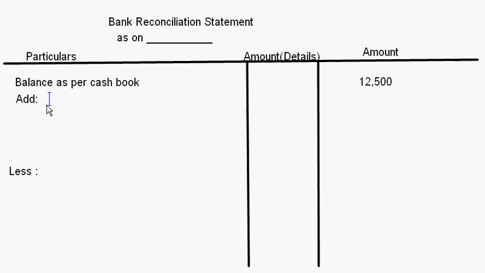So here in add you will write checks issued but not presented for payment, right? What is the amount? The amount is 6,000, which I put in the details column. Now the next one,